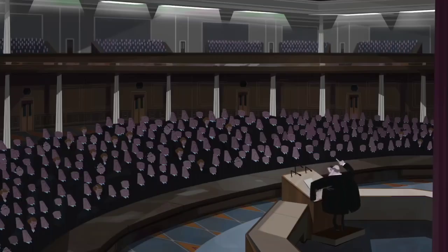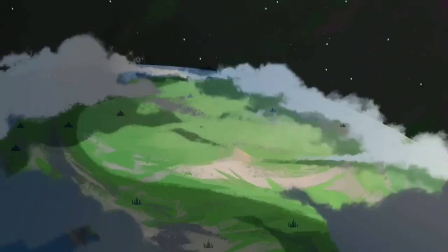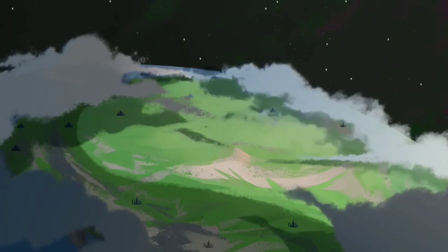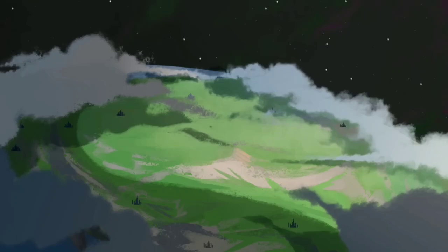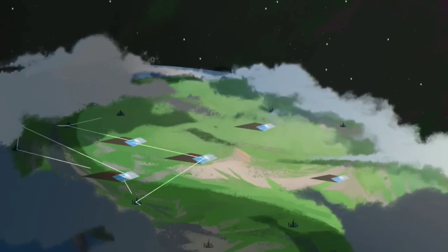There are political factors at play, not to mention businesses that lobby to maintain the status quo. But for now, let's focus on the physical and logistical challenges. Solar energy is unevenly distributed across the planet. Some areas are sunnier than others. It's also inconsistent. Less solar energy is available on cloudy days, and none at night. So a total reliance would require efficient ways to get energy from sunny parts to